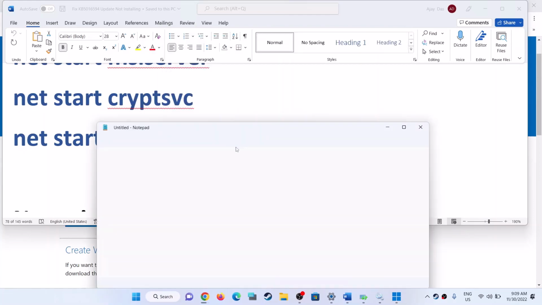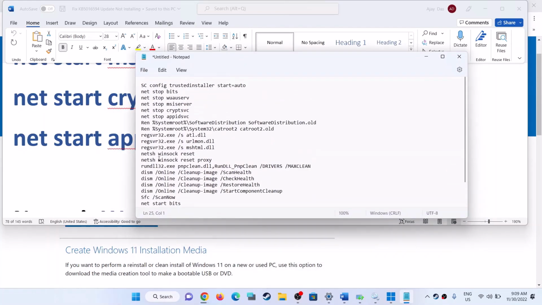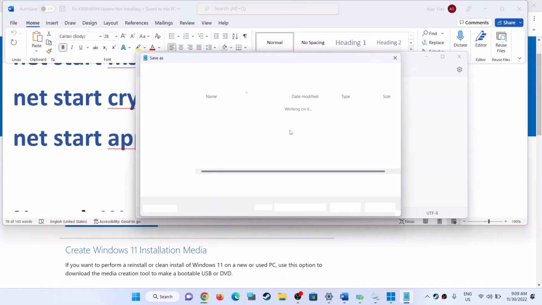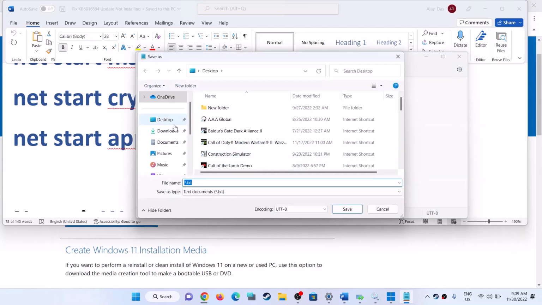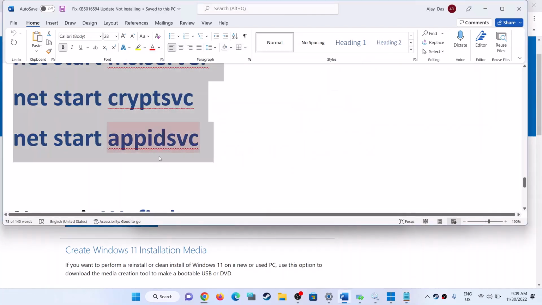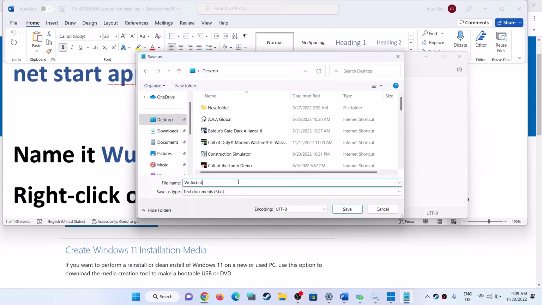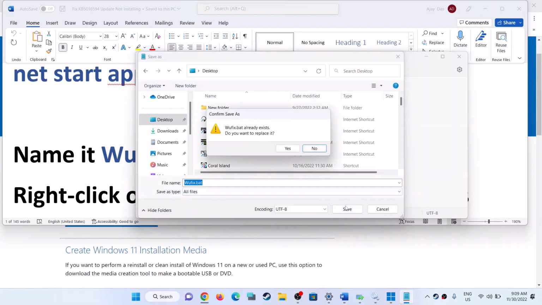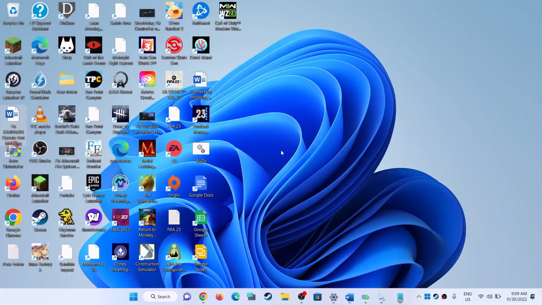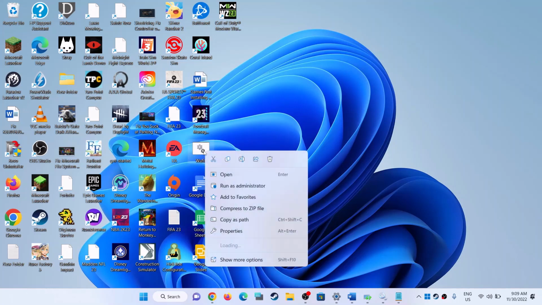Paste all the commands in Notepad. Now go to file, then click on save as, and you can set the location as desktop. Name this file as wuauserv.bat. For save as type, select all files. Now click on save. Now go to desktop, make a right click on wuauserv file and then click on run